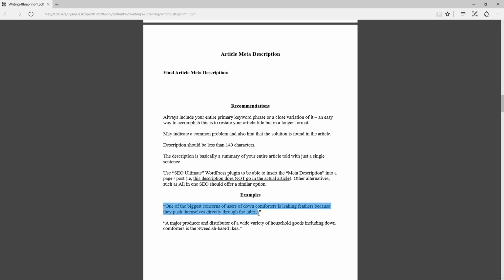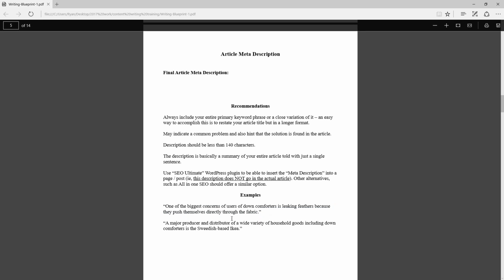Here is the meta description for that leaking feather page. One of the biggest concerns of users of down comforters is leaking feathers because they push themselves directly through the fabric. I'm not necessarily implying that I have the solution in this particular statement, but my title definitely hints that I'm trying to provide the solution or help them solve this issue.